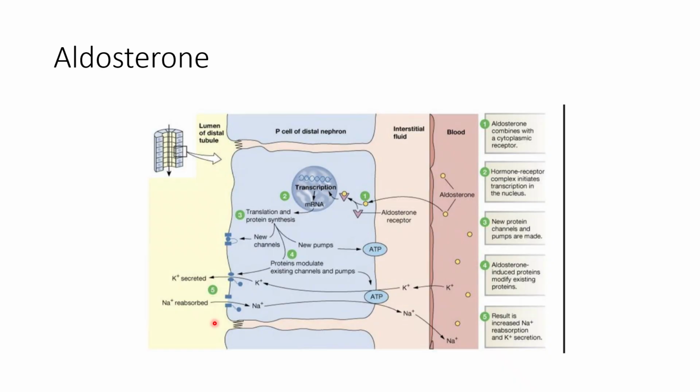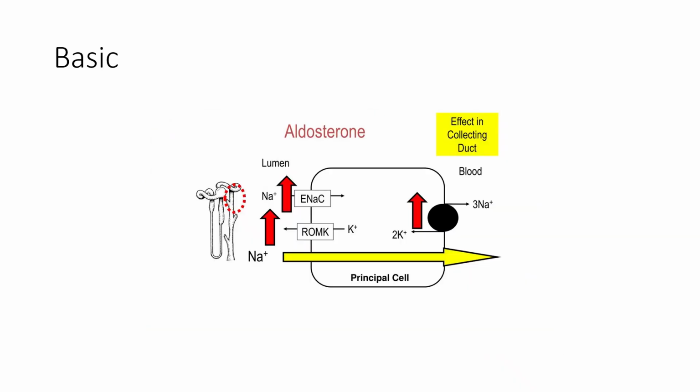Water will follow this sodium. Eventually it will lead to increased sodium and increased water inside the blood, increasing the BP and maintaining the blood volume, and will also lead to excretion of potassium in the urine. So this is a simple diagram explaining aldosterone acting through its intracellular receptor, with generation of many secondary messengers and signals that led to increased expression of ENaC at the luminal site, absorbing sodium, and increased expression of ROMK, which will lead to